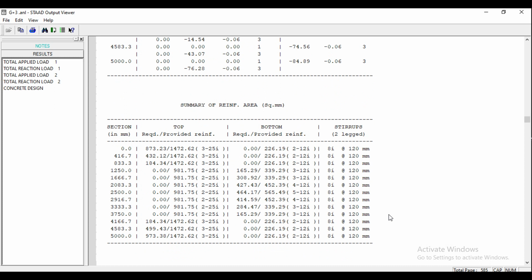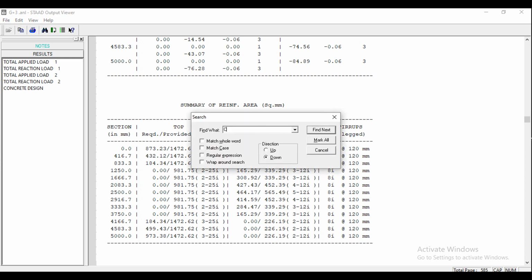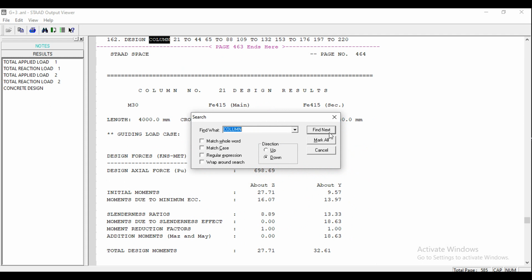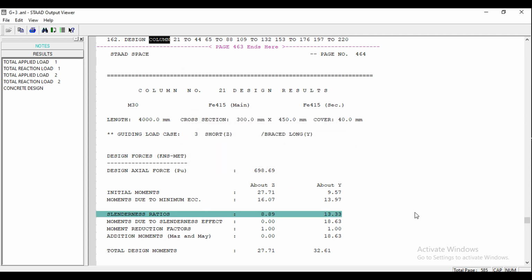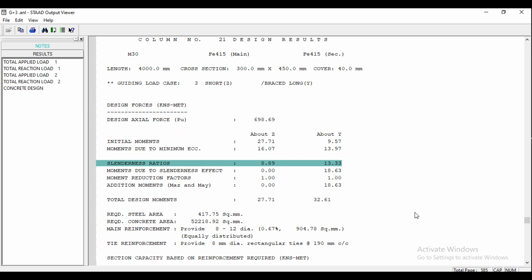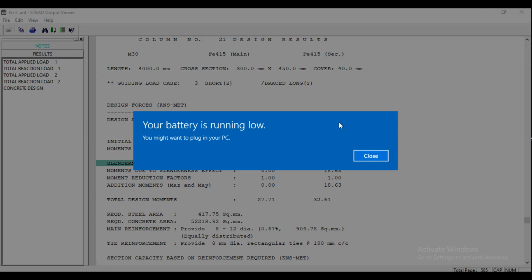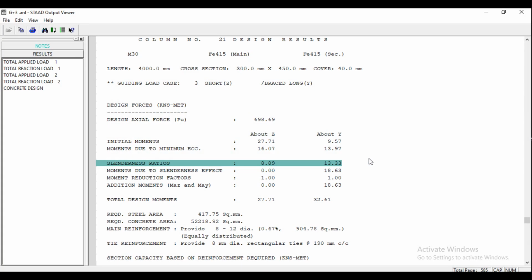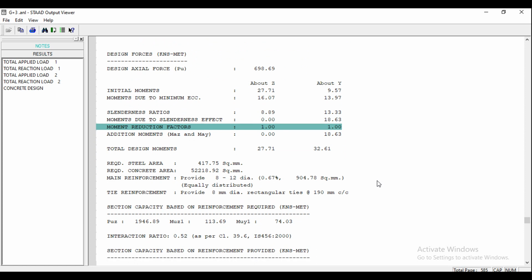Okay, so at what positions the area of steel has been provided and diameter of the steel provided, we can see here. Okay, so I'm going for control F to find the columns. So columns, yeah, we can see the columns detailing also, like a column design results here. Okay, so it will be showing the input and governing load case, that is 1.5 into dead load plus live load. Loading case 3 is nothing but, so we can see the design results for the columns like this. Okay, so if you are keeping track, we will be getting the detailed design output like this.